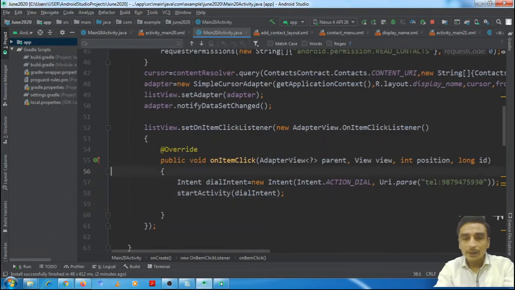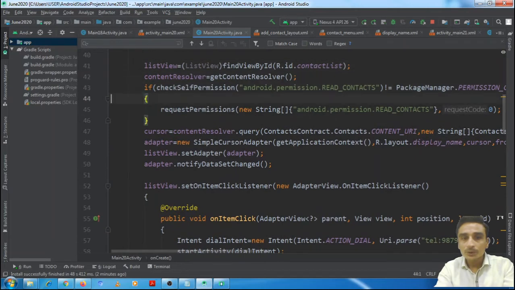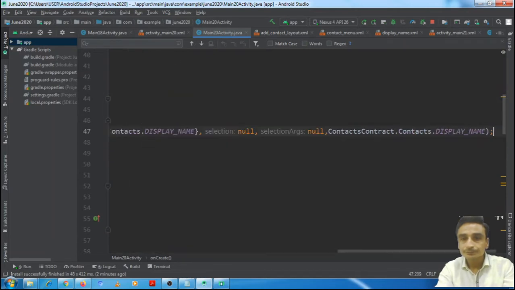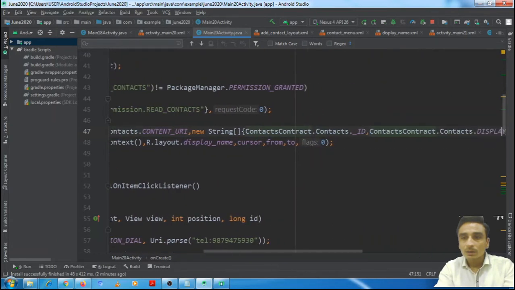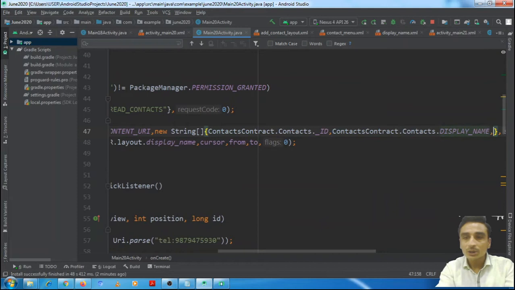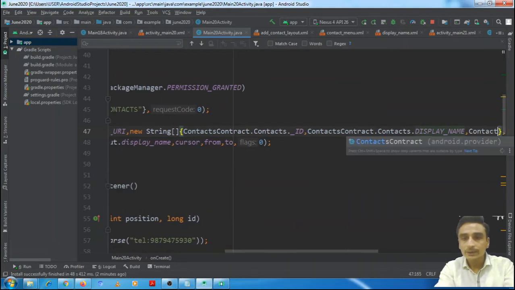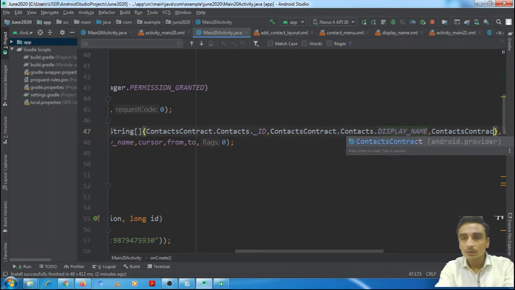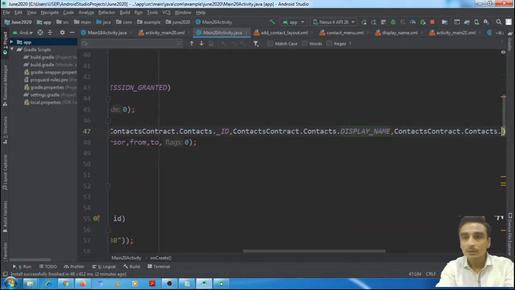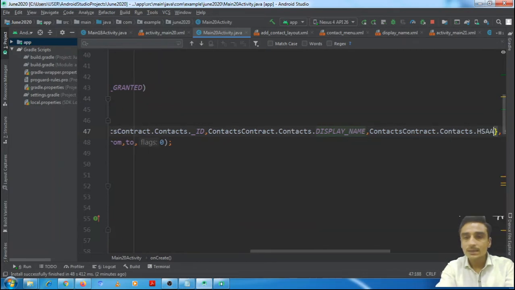I have an idea. We can put an additional column here, that is contract dot contacts dot has phone number.